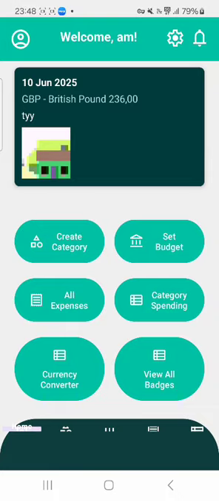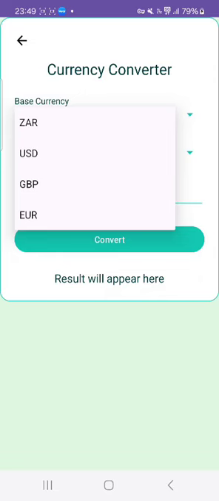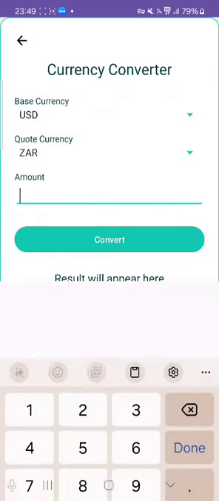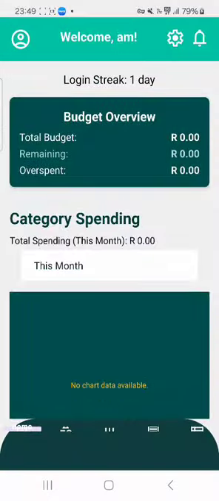So let's go into the currency converter, which is one of our additional features for part 3. So if we set our base currency as USD and the quote currency as ZAR, we say 1 USD, then that would tell us 1 USD is 17.78 rand. This uses an exchange rates API to get the live exchange rates for these currencies. Going back,